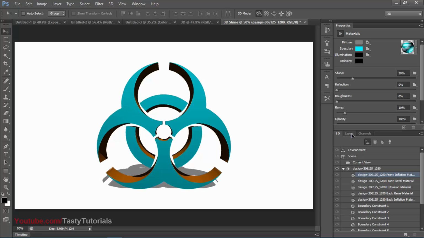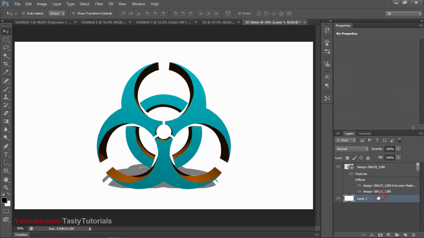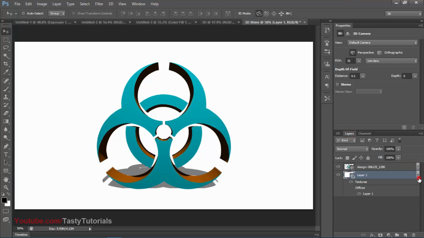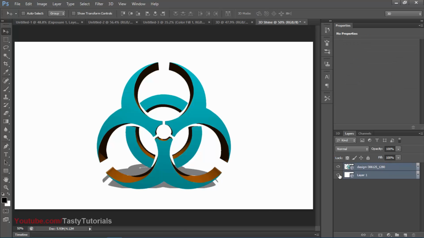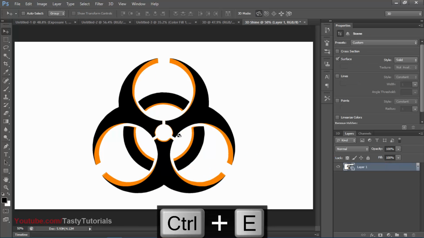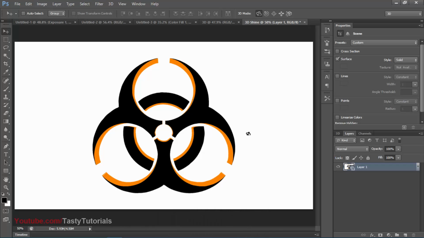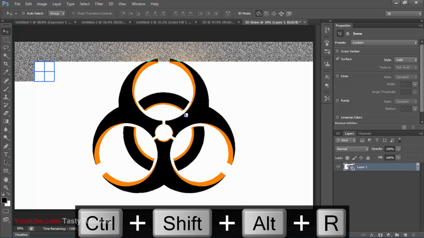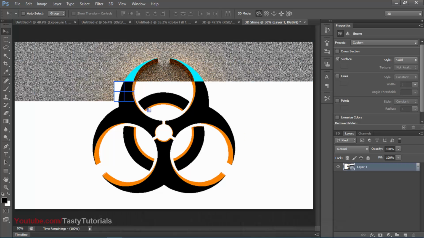Okay, just go to the layers, click on this background layer and click on postcard, and that's it. Now select both of these layers, press Shift, select both, press Ctrl E, and it will merge them into a single layer. Now we don't need to do anything else. Press Ctrl Shift Alt and R. It will start rendering, and you can see that this is the default renderer,